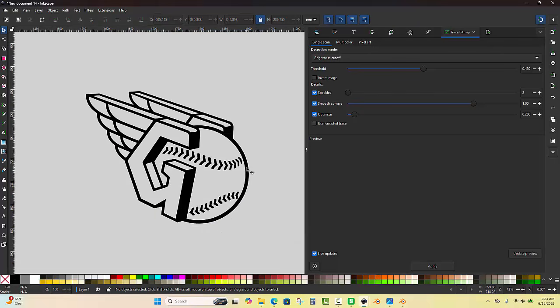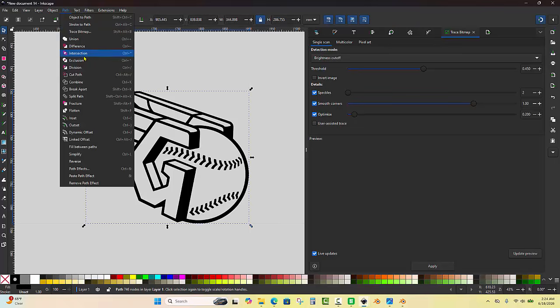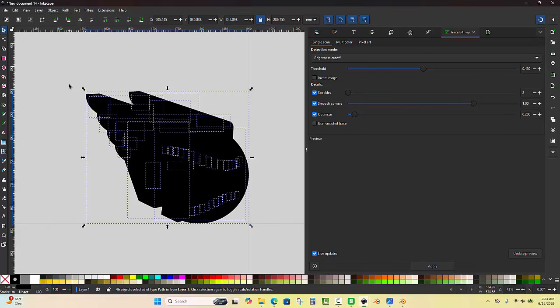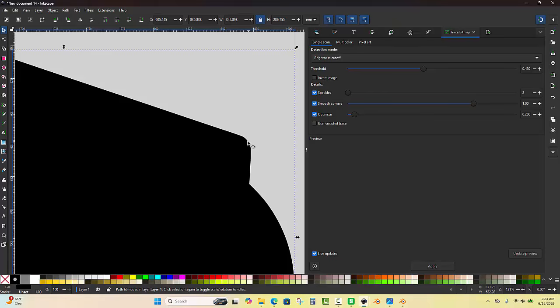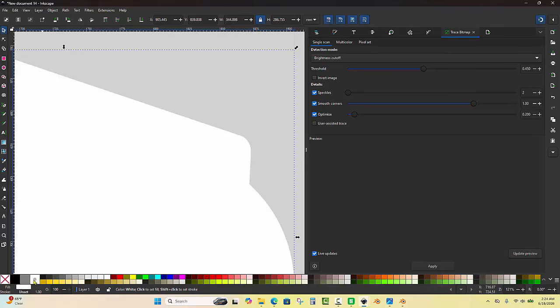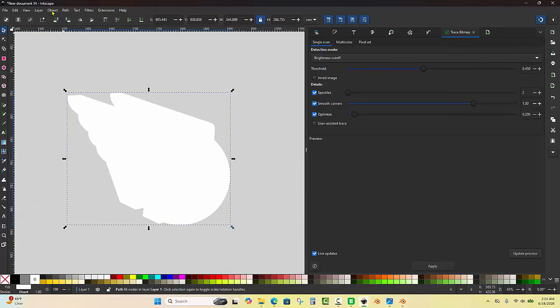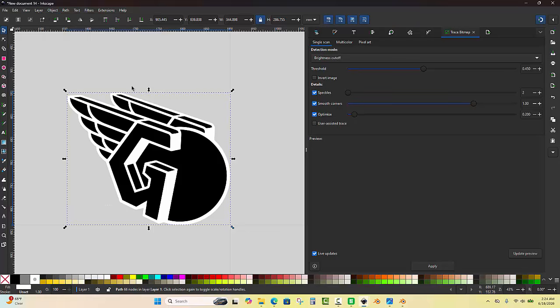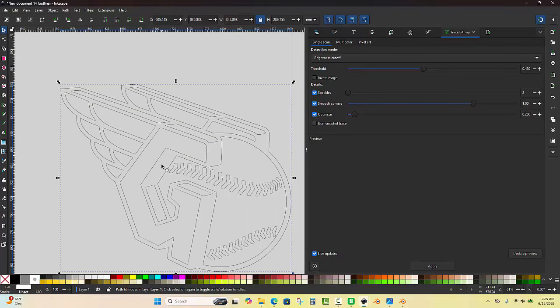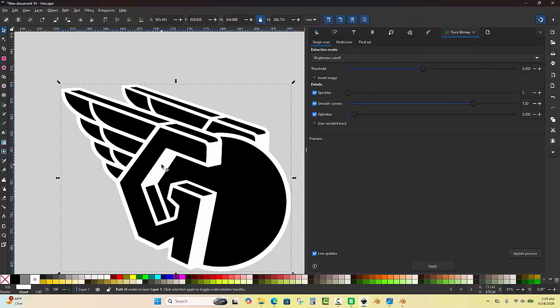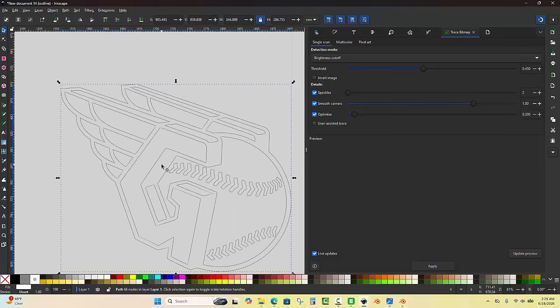So the next thing we're going to do is choose path, and then choose break apart. All right. And so then we're going to take this part of the image right here. We'll go ahead and give it a color. And let's go down to object, lower to bottom. Okay. So now you can kind of see how this is going to start coming together here. All right. Now, if I go into wireframe mode, you can also see this a little bit better as well. So you can see there,